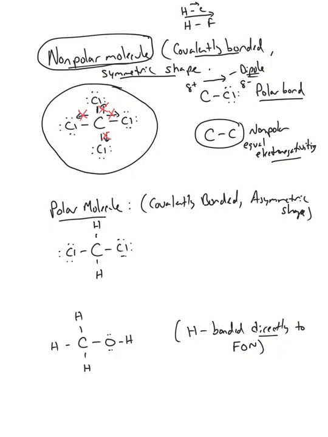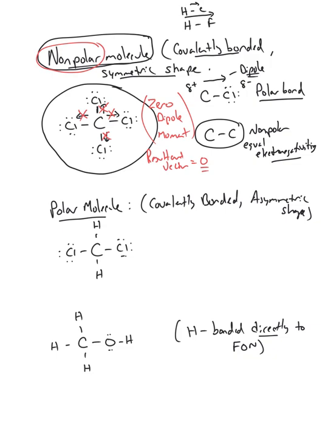So with symmetry arguments, all of those dipoles effectively cancel each other out, and we're left with something called a zero dipole moment. In your algebra class, this was called a resultant vector. When we add up all the vector arrows, it adds up to 0. There is no resultant vector left, or it has a zero dipole moment. And therefore, the molecule is nonpolar. So through symmetry arguments, all of those dipoles cancel each other out, and the molecule overall is nonpolar.